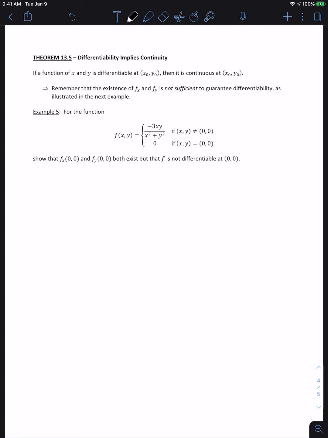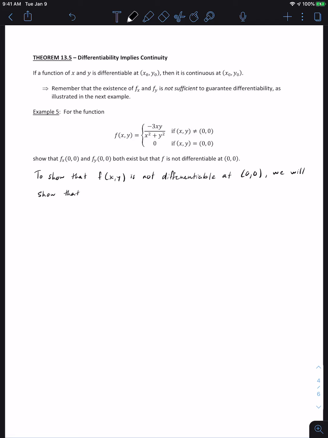Okay, so to show that my function f of x, y is not differentiable, because that's the idea, we're going to show that these exist, right? So to show that f of x, y is not differentiable at the point (0, 0), we will show